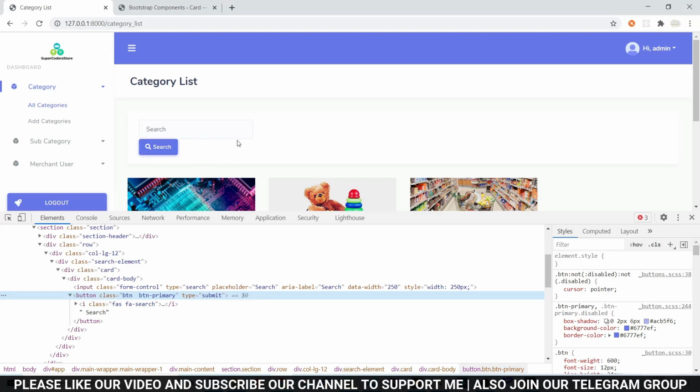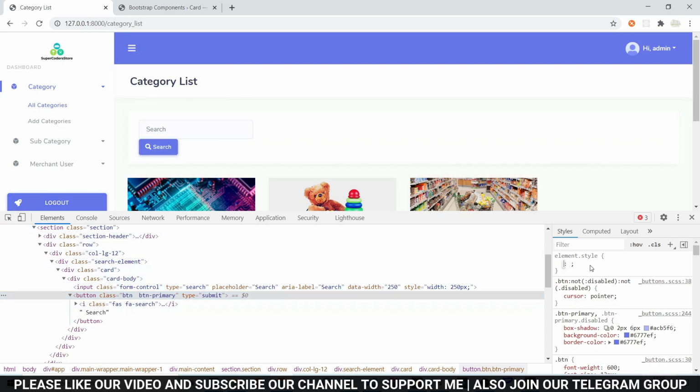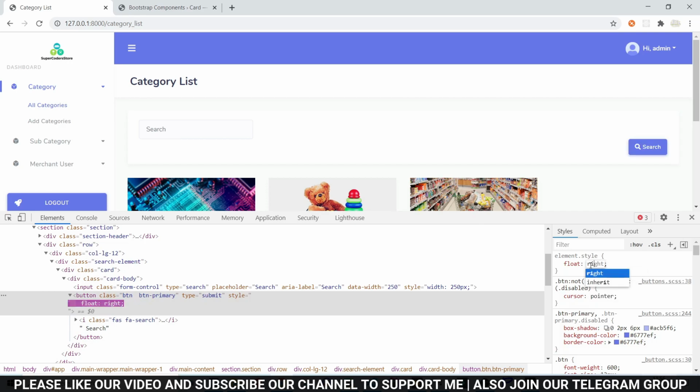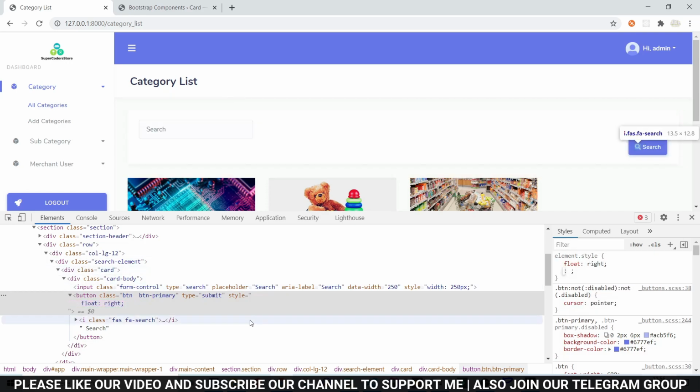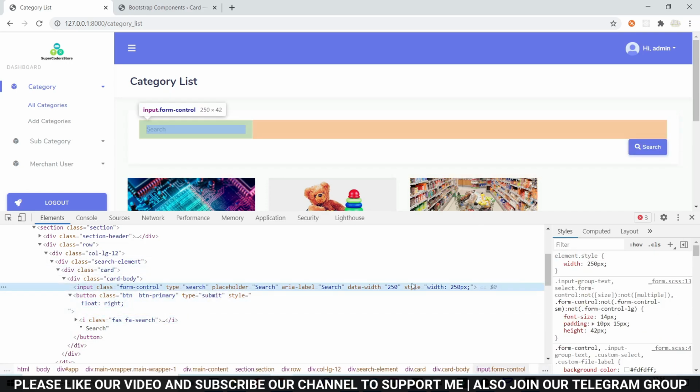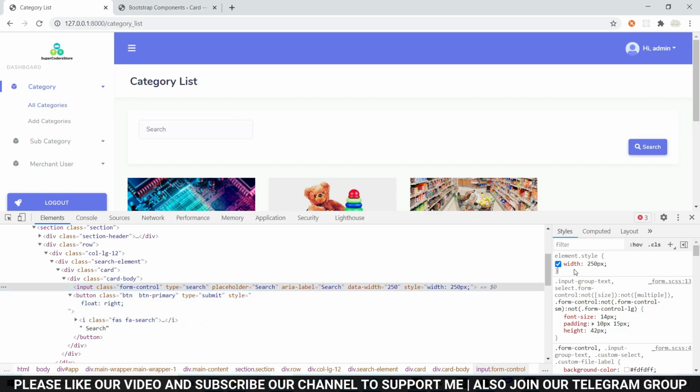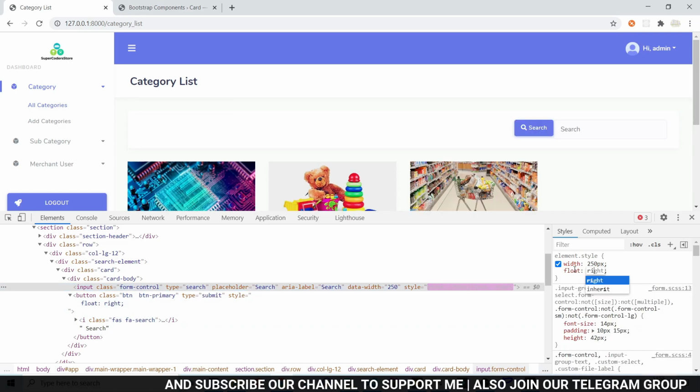But after that, let's make alignment correct. So let's float right, and here, and here, float right.